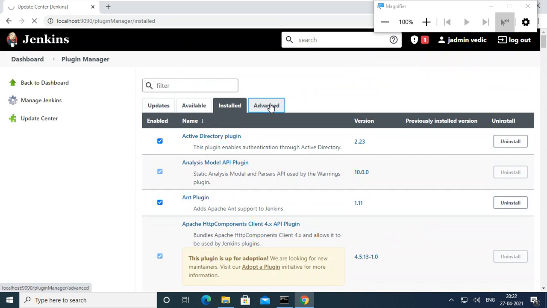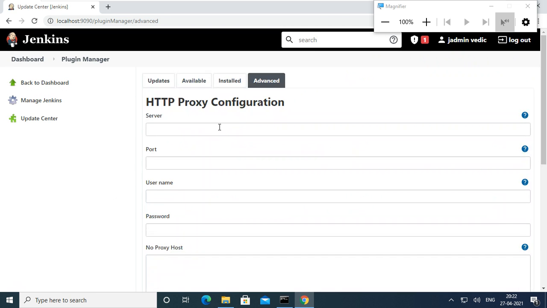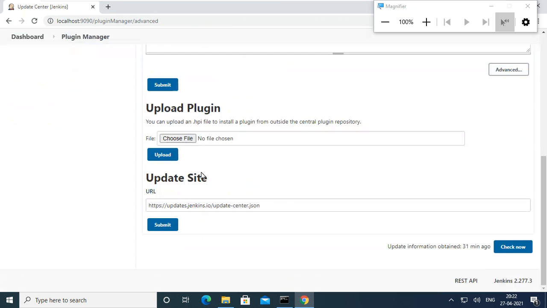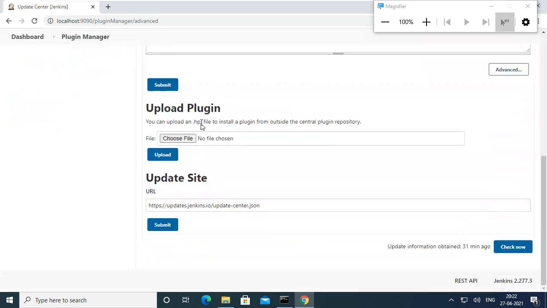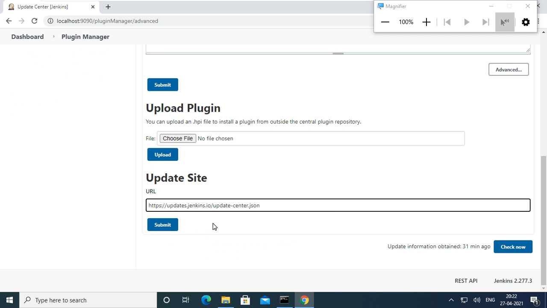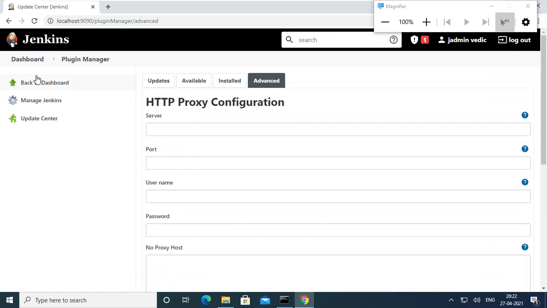Advanced. If you want to download from a specific server, or you have a proxy server in your environment, or you want to upload a plugin directly that you downloaded separately, or you have an update site, you can use it.